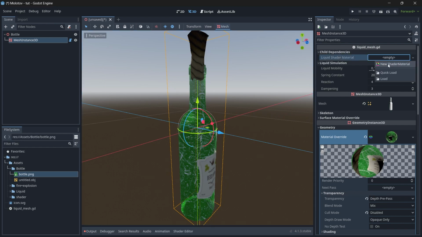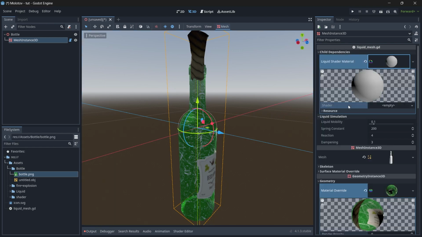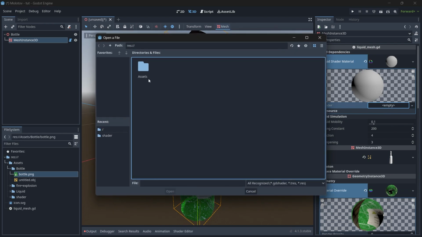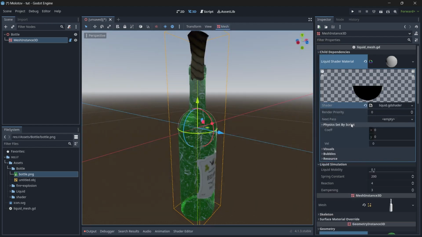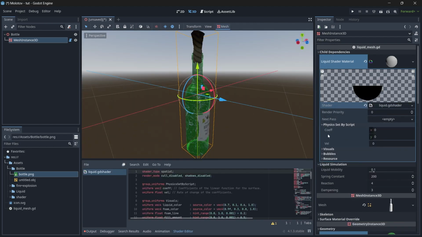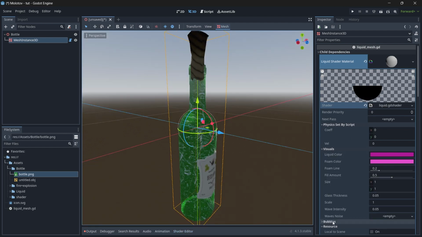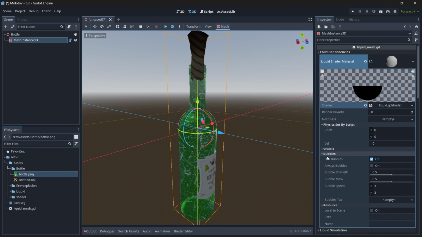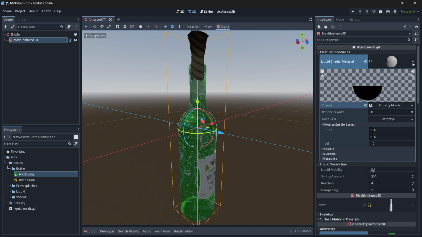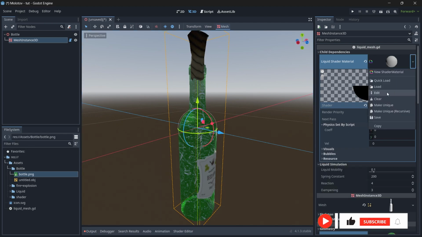Alright, so let's create a new shader material, and then in the shader let's load the shader. Let's go to assets in the liquid, in the shader, click on liquid.gd shader and then click on open. Alright, so again we have a few parameters over here such as visuals, bubbles and resources. Before actually tweaking them, we need to save this resource file. So let's save it up